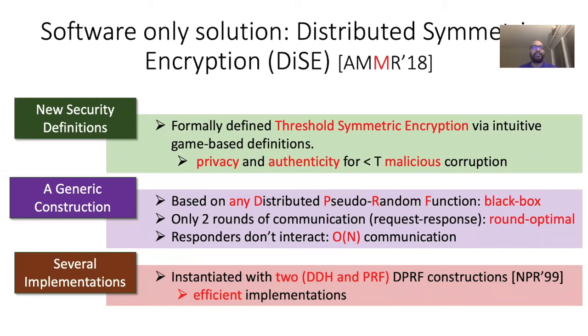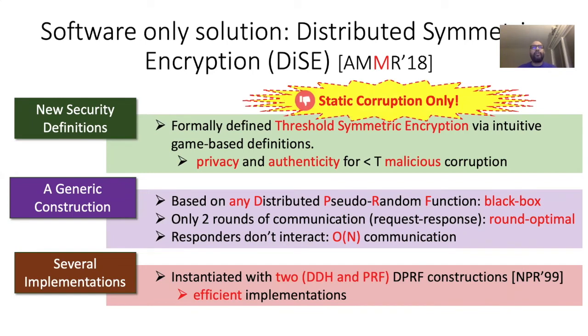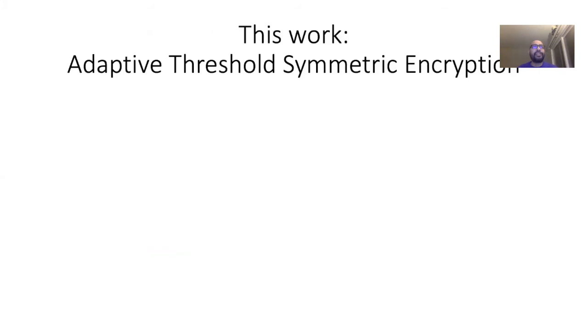It's instantiated with 2 different DPRF constructions. Both of them were first proposed by Naor, Pinkas, and Reingold in 1999. One of them is based on public key operations and reduces to the DDH assumption, and another is just a PRF-based solution but has some limitation. However, one drawback of this solution is that in that paper only static corruptions are considered, whereas in this work we actually